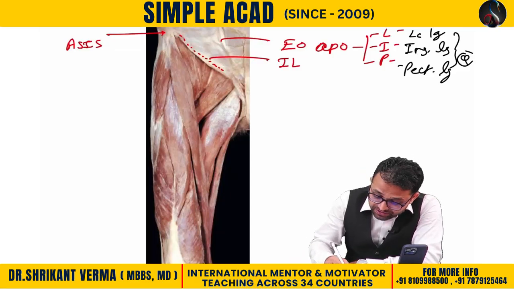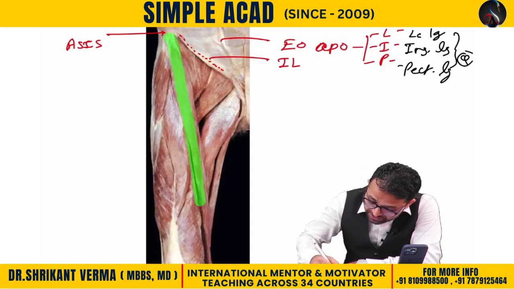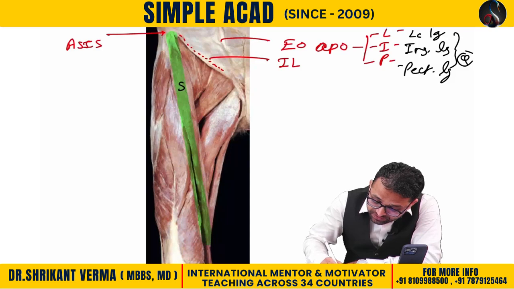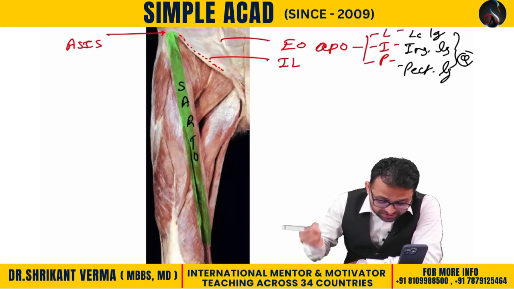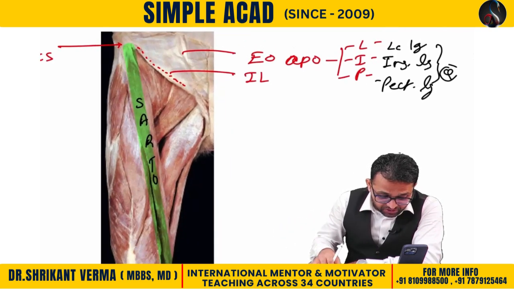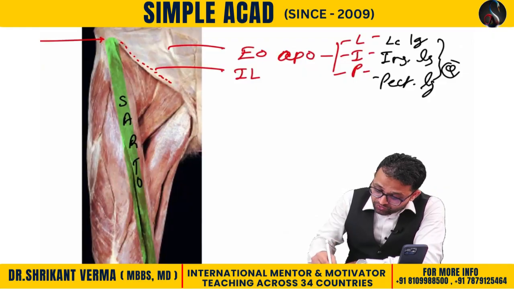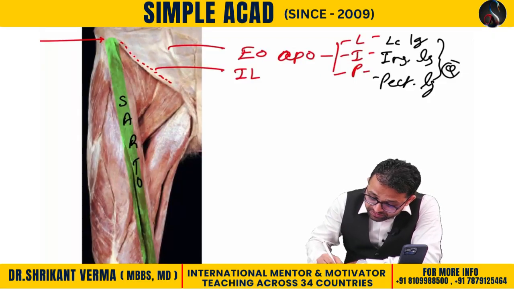Okay, now see the longest muscle of the body. Can you tell me what is the name of this muscle? Sir, this is the sartorius. Okay, yes, now try to understand further. Look here, the muscles, you can remember the muscles with the name API. Can you recall? A for adductor, P for pectineus, P for psoas major, and I for iliacus.